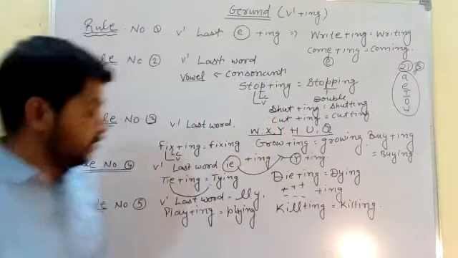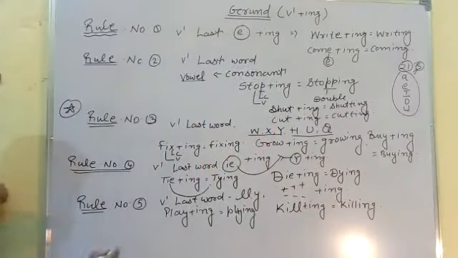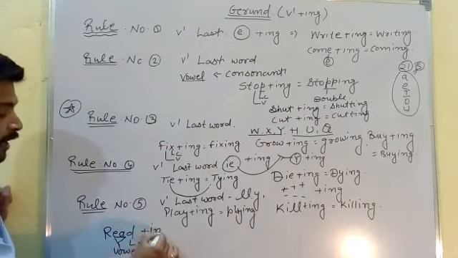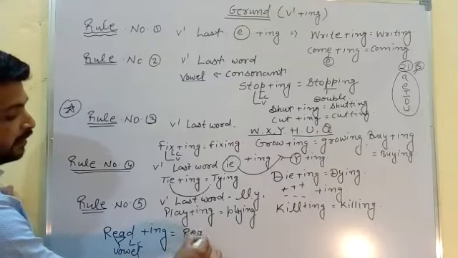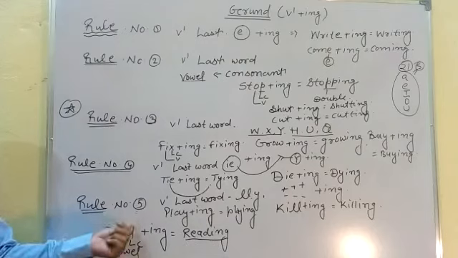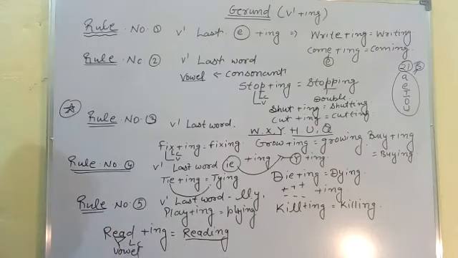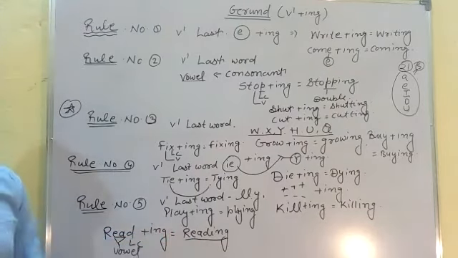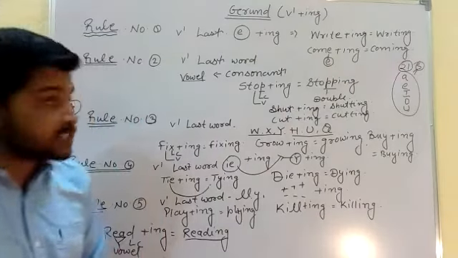Another example, kill plus ing, what is the spelling? Killing here. And one more important thing here: if you find a double vowel before a consonant, for example D is a consonant and E and A are the two vowels, a double vowel. When we include the ing, what is the spelling? READING. We cannot add or remove anything here. In other words, if you find a double vowel before the consonant, we cannot change anything, we directly use ing. So students, it is a very important rule for your competition exam in English gerund.